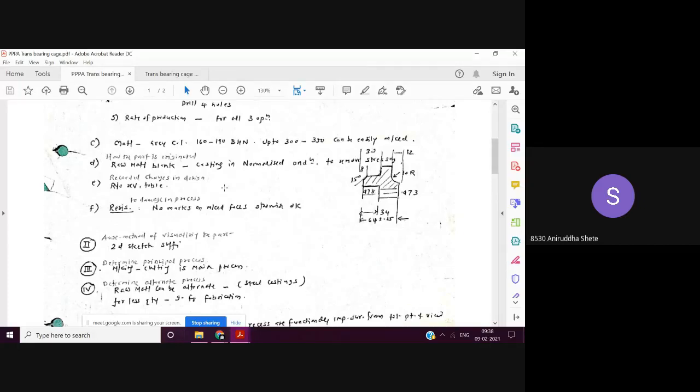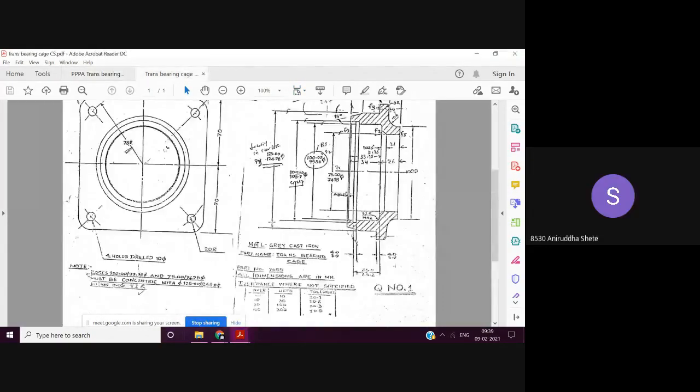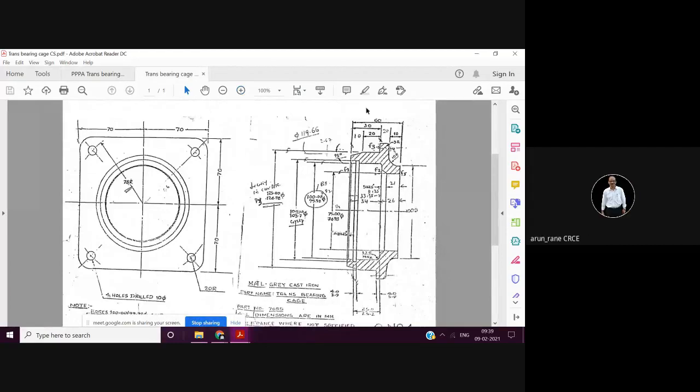Suppose now the quantity is only one piece, so now you tell me what will be the raw material blank here. Suppose you said we will take it out from a square bar or a round bar. Exactly. Suppose if the quantity is only one, so raw material blank, what you will write: 140 by 145 square.